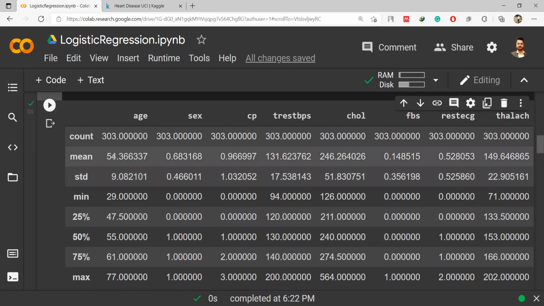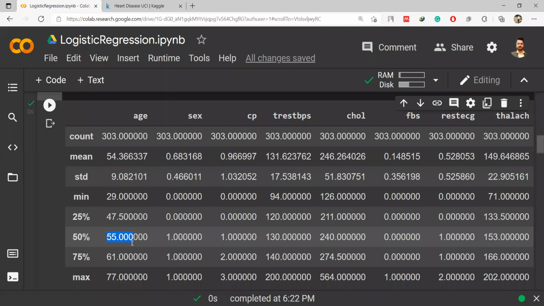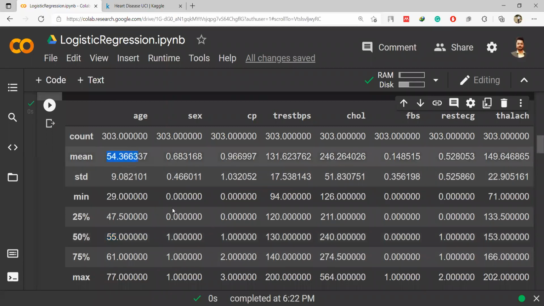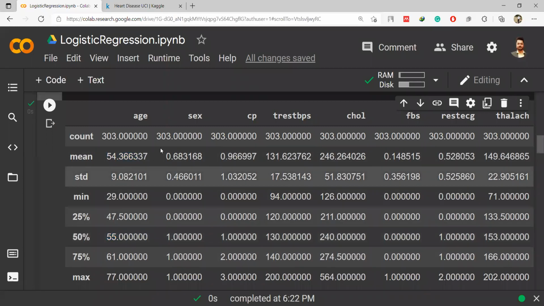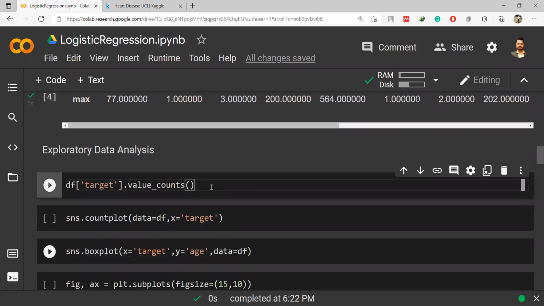So here I can see that the mean value is 54.36. The 50 percentile value is 55. So these are very near, so it looks like a balanced column. This is a single column. So you can make these kinds of calls. Now I want to do the exploratory data analysis. First, we will look into the